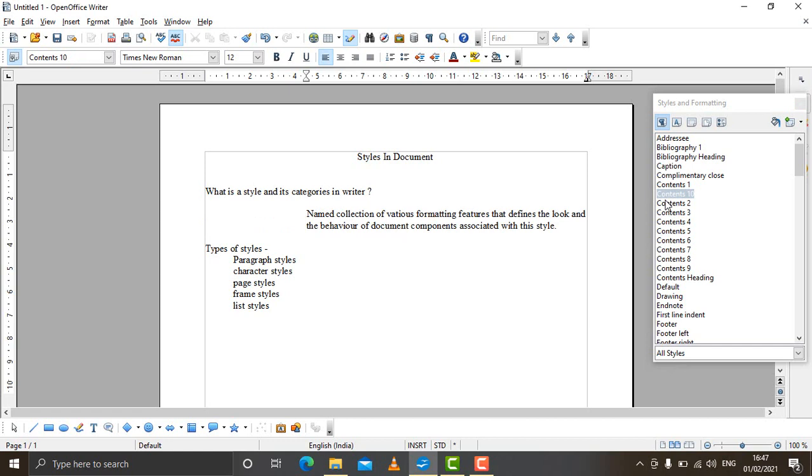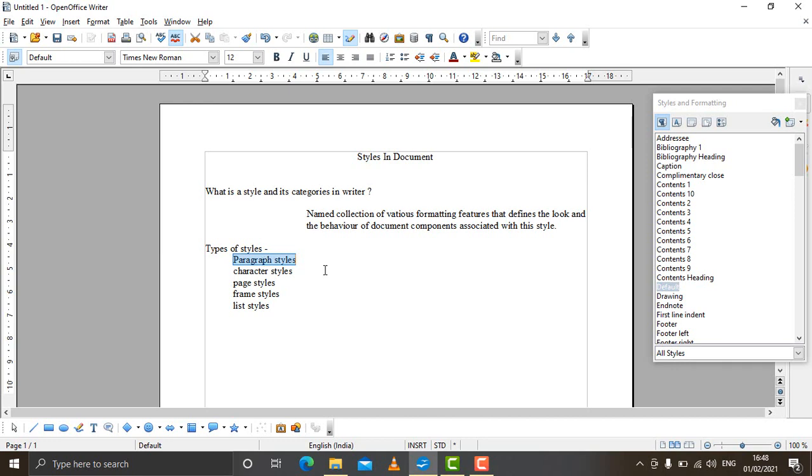Simply bring the mouse pointer in between the paragraph, click on paragraph styles and double click on any of the styles, and that style will apply to the current paragraph. And if you want to apply a text style to a text, we need to select the text. Suppose you want to make changes in this particular text.